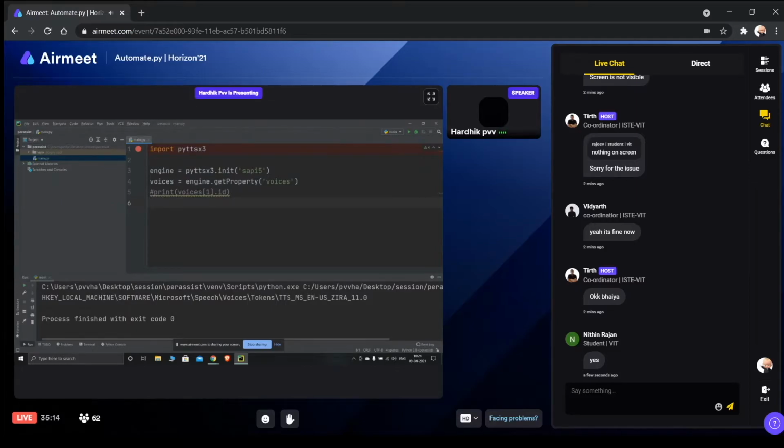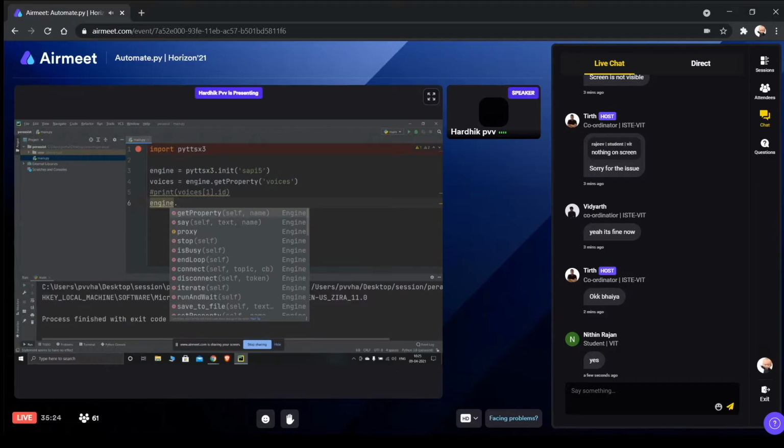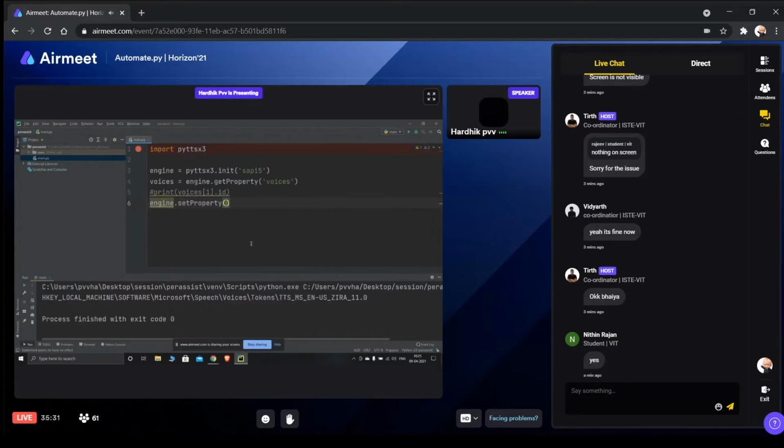To confirm the voice which you want to use, you need to use the command engine dot set property, voice. The property voice should be voices one dot id.